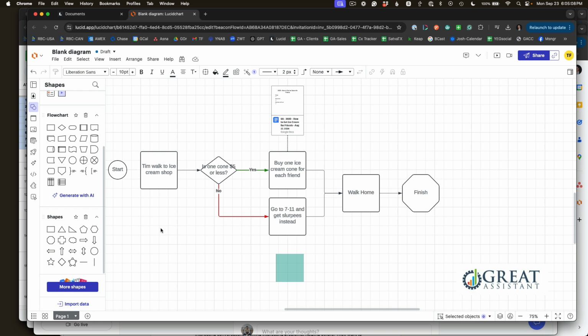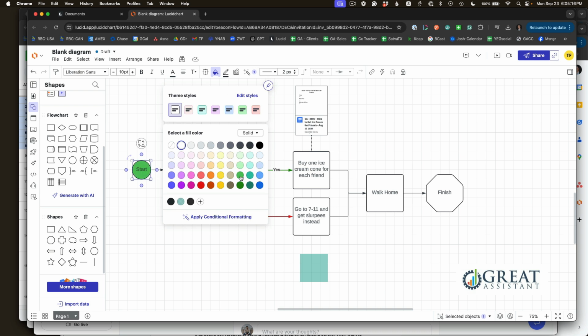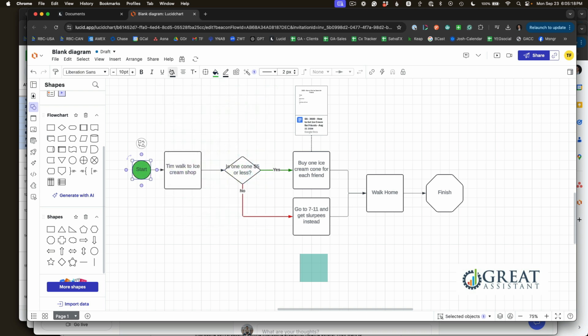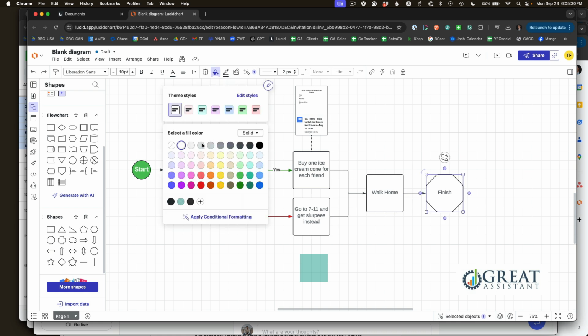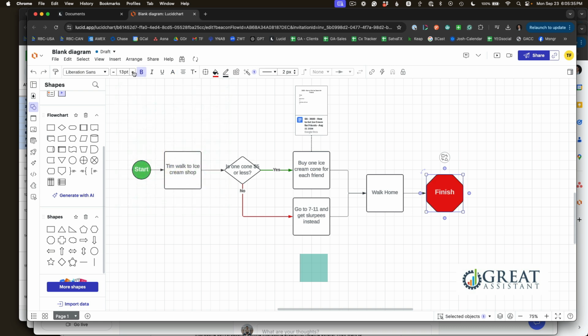Okay, in terms of some formatting, I do want to make sure that I've got arrows connecting everything. My start, I'll come up here to the bucket and I'll make it green typically. And then I'll make the font or the text white so it's easy to read. And I'll bold it up as well. That usually makes it stand out just a little bit. 12 point. My finish, I'm typically going to fill that with red. I'm going to make that white as well. I'm going to bold that up, make it a little bit bigger too. This is a little big, so I typically shrink that down so it's kind of a similar size to the